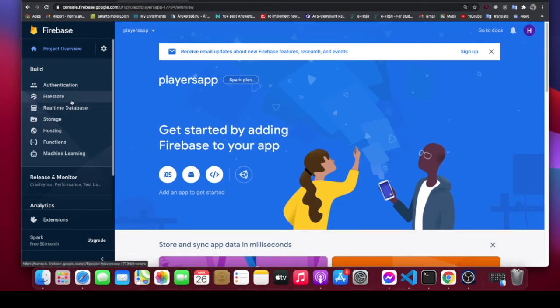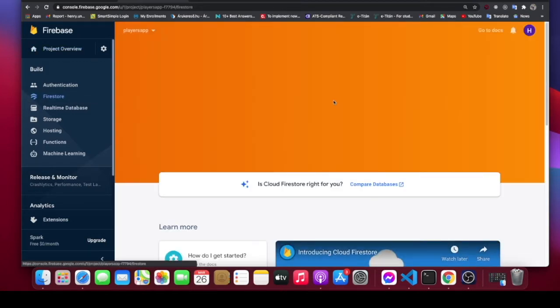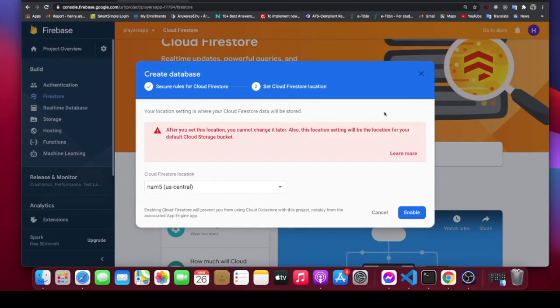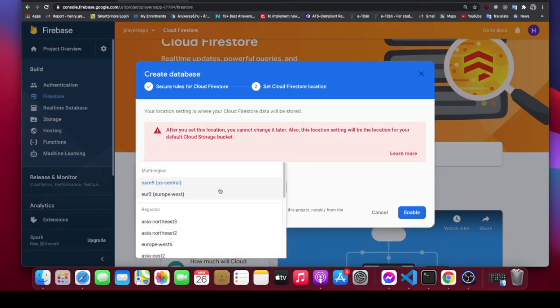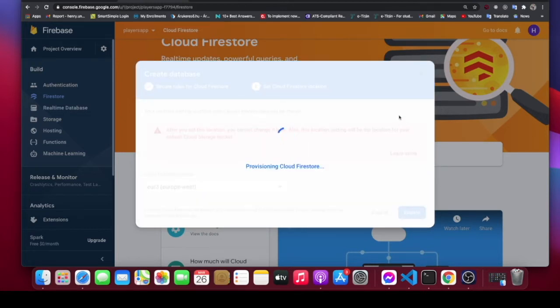But for now, we just want to set up our Firestore database. So you want to click on Firestore. And right here, you want to create database. You have two modes where you can create the database, either in production or in test mode. We're just creating a simple application, so we're going to do it on test mode. And you want to hit next. You want to choose the region that's closest to you. I'll be using Europe West, and then you want to enable that. So Firebase is going to provision all you need to create the database,